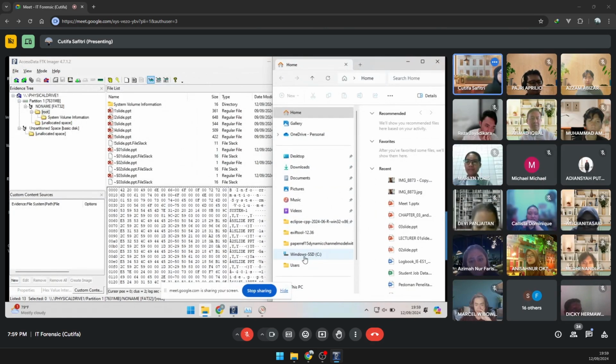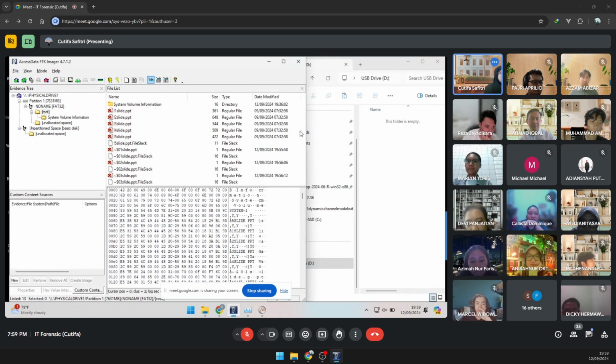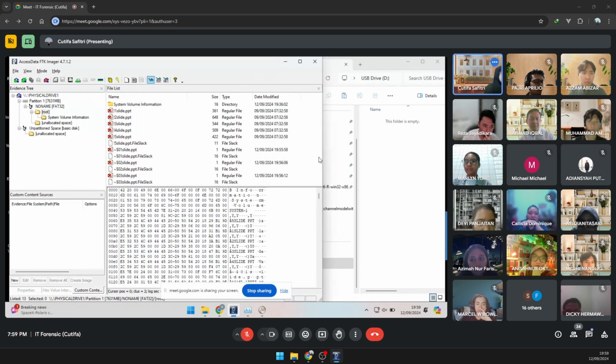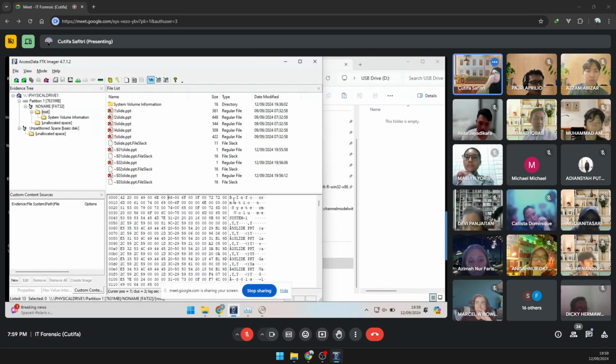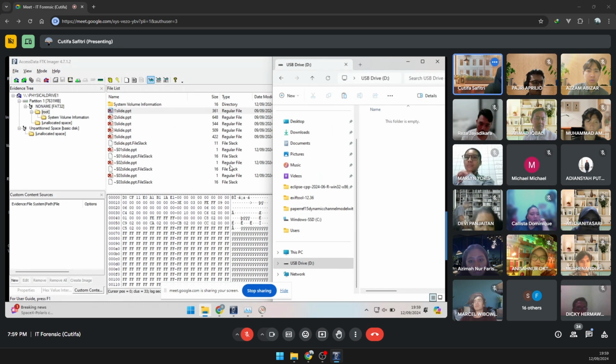In here, in my USB drive, where are the slides? I have deleted it, right? Yes. But it is shown in here. So you could actually get these slides back, because once you delete something, it is still there. So the slide is actually still there. Okay, so this is my slide, the one that I copied and deleted.